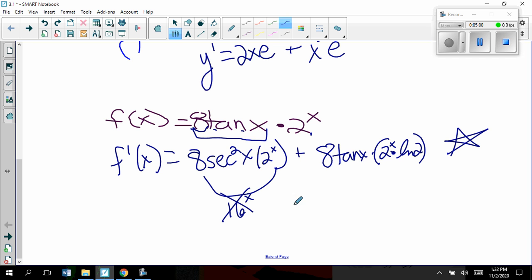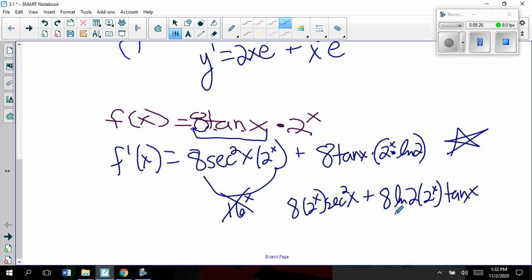So this one, they might reorder as this, just because they like to have all things ordered, and then sometimes it appears something could be inside secant if it shows up after. So they like to put the 2 to the x power there. This one, they like constants first. So technically, natural log of 2 is a constant, and then it'd be times 2 to the x